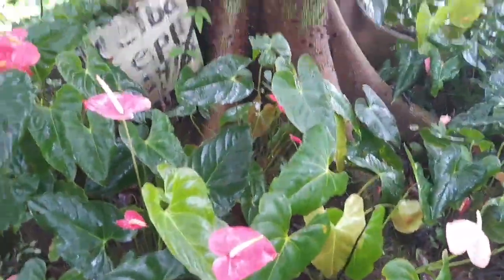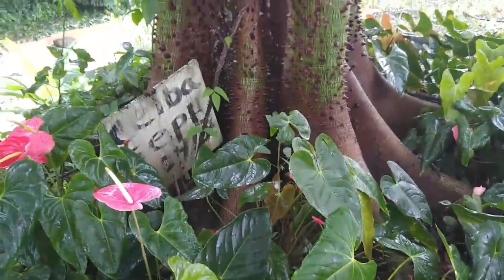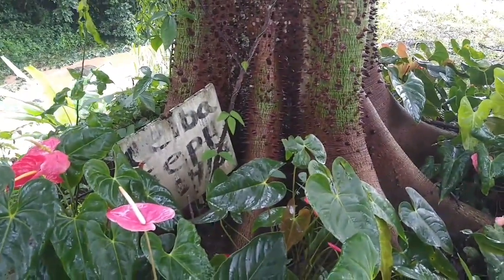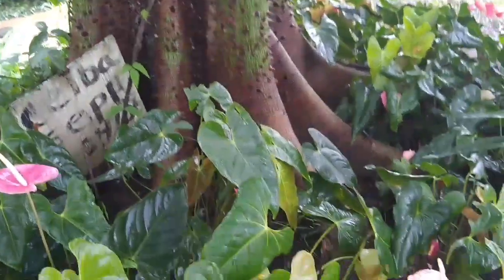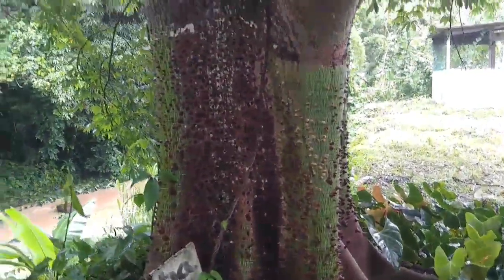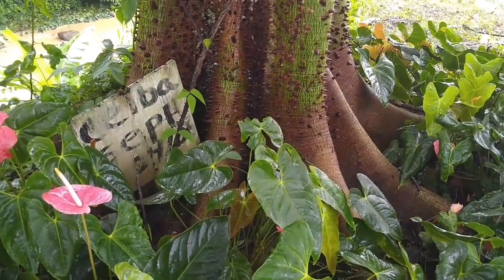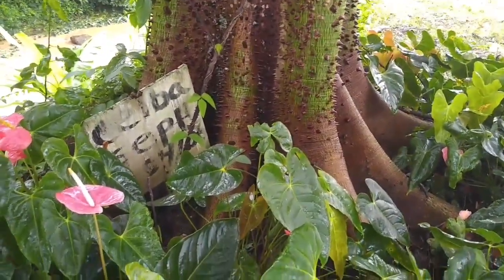When the African slaves were brought to the Caribbean, they quickly saw the Ceiba as a vortex or a portal where they can communicate with their ancestors. So often, especially in a neighborhood where there are people who follow Santeria or Umbanda, Candomblé, Voodoo, you will often see offerings of coins and fruit by the trunk of the Ceiba as an offering to the ancestors or to one's dead, especially if the ancestors are in a far distant land, remembering that the Ceiba is a connection between